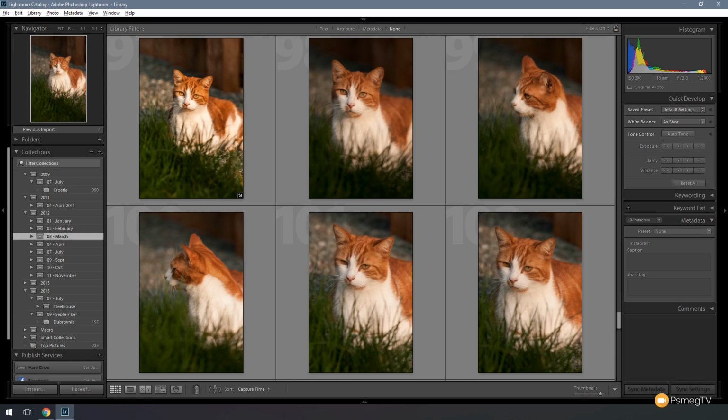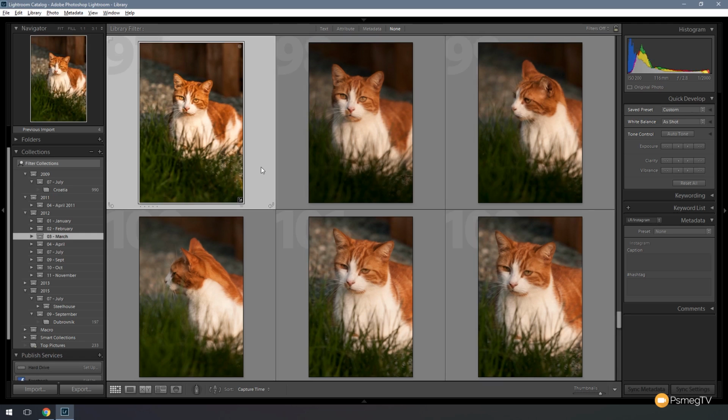Because these are all shot in sequence and I know the lighting was the same and the camera lens and everything else was the same, I can synchronize those adjustments, everything bar the localized adjustments. For example, where I've taken his eyes and increased the brightness and the contrast and the exposure. Obviously they're not going to apply to every image because those adjustments would be in a different place. So what I can do is ensure that the first image, which is our source image,